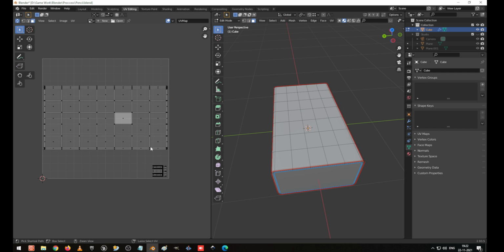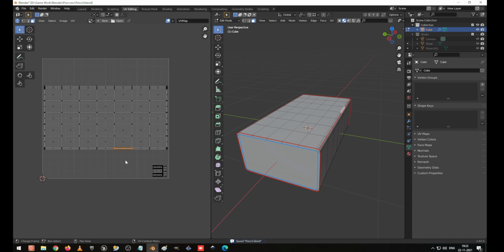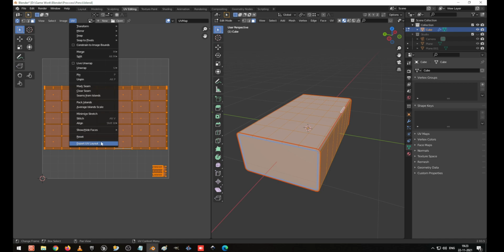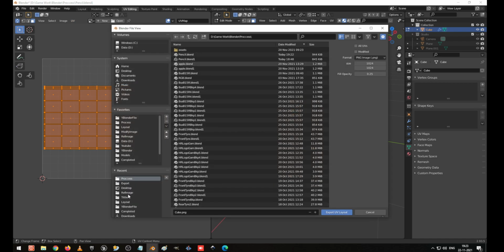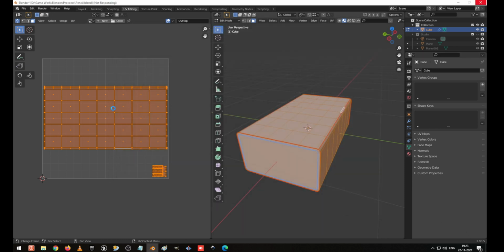Okay, now this one I am going to give the coloring. So how we do it, I will guide you. Go to the editing, I select all the UV, go to UV, export UV layout, which I have added in the shortcut. I am going to name it rubber, export UV. So now this layout has been exported. I am using the GIMP tool, which is open source software. I have given the link to download it.